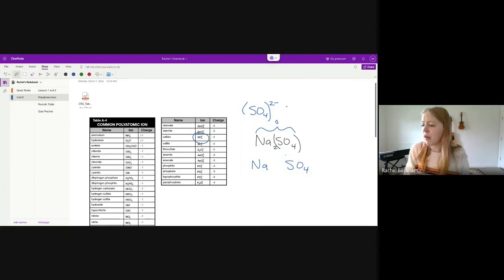But when you have a polyatomic ion all by itself, it's an ion. It's got a charge. And to find that charge, you can add up the charges on the inside and they will come up to -2 or whatever the charge is. So with that, we can actually do the quiz now, or